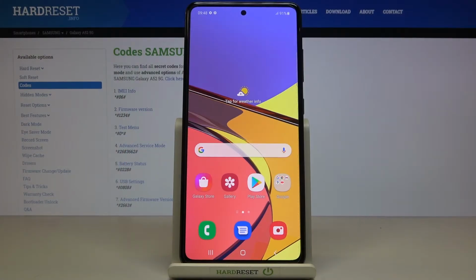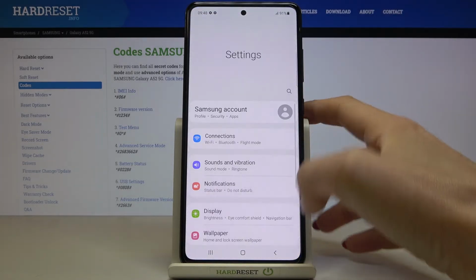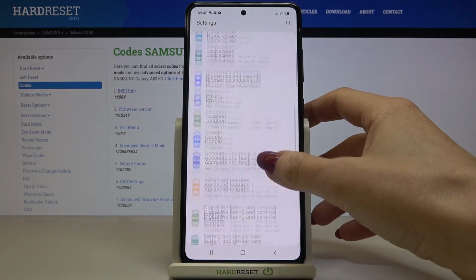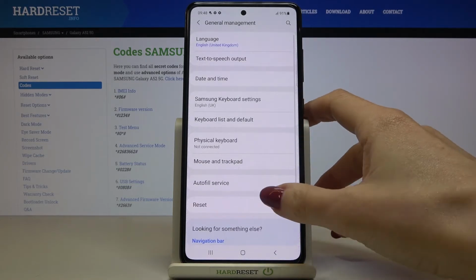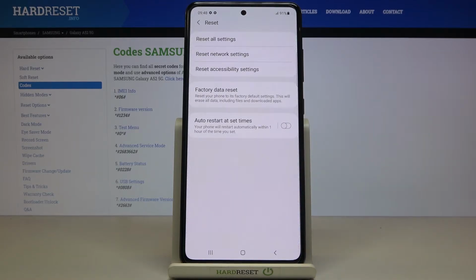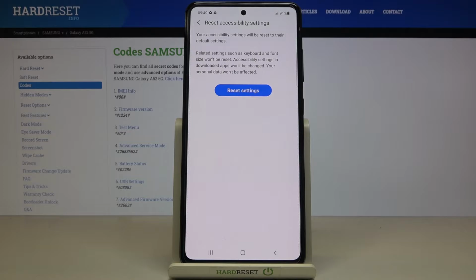In front of me is Samsung Galaxy A52, and let me show you how to reset accessibility settings in this phone. So first of all, you need to reach the settings, then find and select General Management and reach Reset. Here you will notice Reset Accessibility Settings, just mark it, and